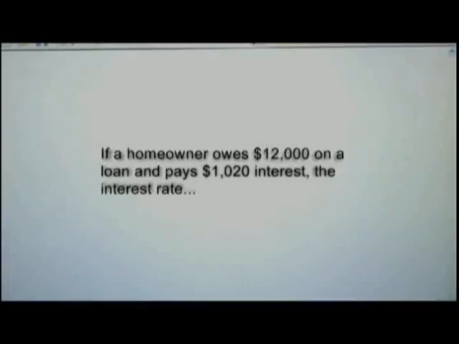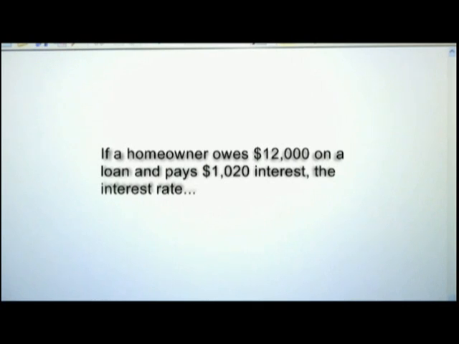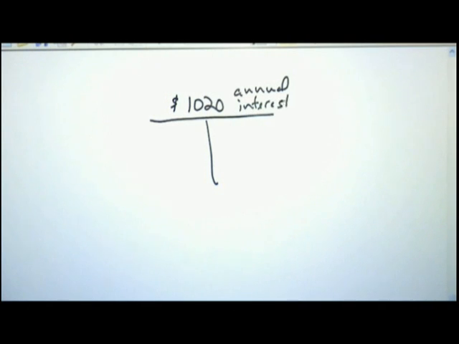If a homeowner owes $12,000 on a loan and pays $1,020 in interest, the interest rate is blank. We have to assume the $1,020 is annual interest because it doesn't tell us otherwise. And we know that our annual interest goes on top. It's saying that the loan is $12,000, which is the larger number and goes on bottom. If I divide $1,020 by $12,000, I come up with